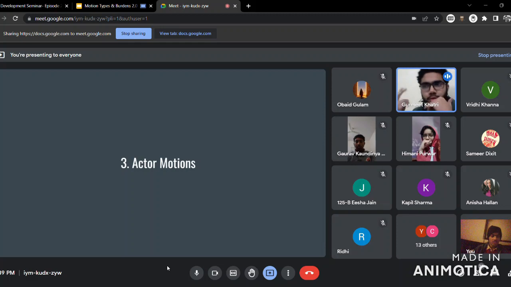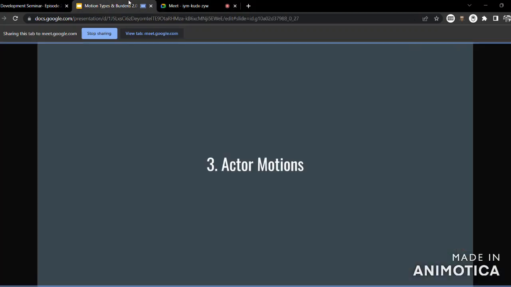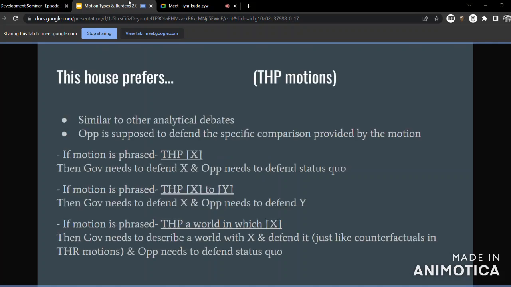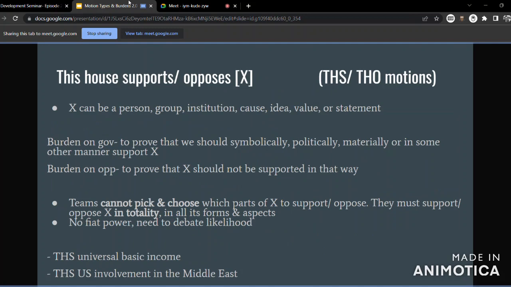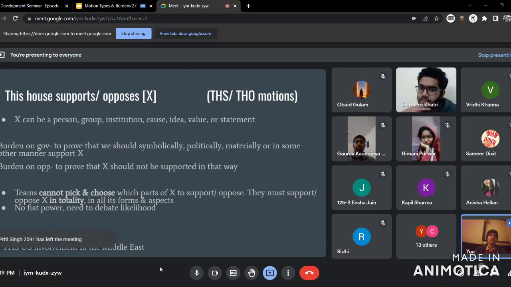I probably don't understand your question. Can you reframe or explain again? I'm sorry, I'm asking, you have told us two things. We have to oppose or support something in totality. This is one thing. And the other is, can we provide reasons, or the possibility or likelihood that some part of it will be good for the people, and make some skews from it?